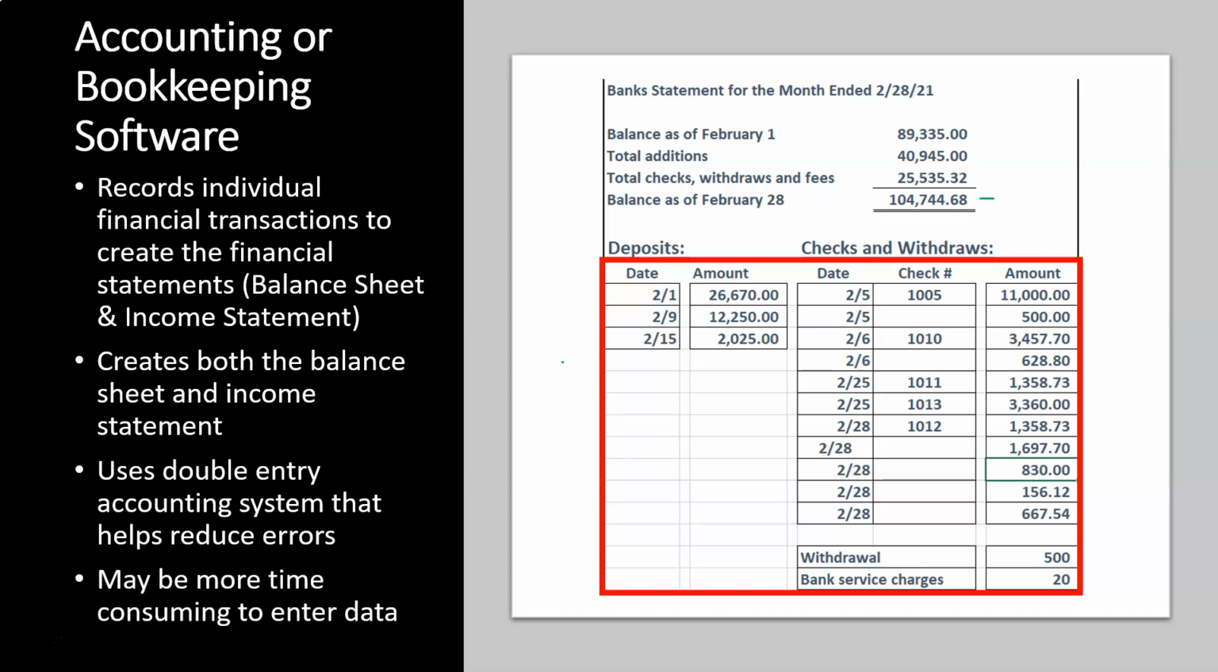May be more time consuming to enter data. Now, when you first set up the accounts in something like QuickBooks, it's a little bit more time consuming because you're going to be feeding in the data down here, and you still got to add that data and assign it to a particular account. You got to set up your chart of accounts, and you got to make sure that your beginning balance is set up properly. Once that's all done, the original setup process is done, it's pretty easy going forward,